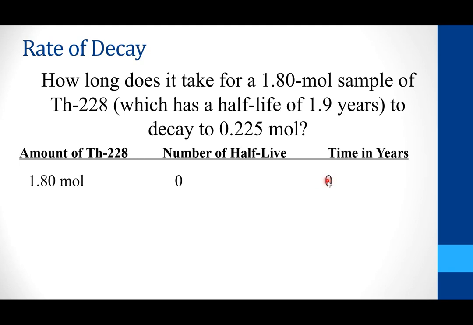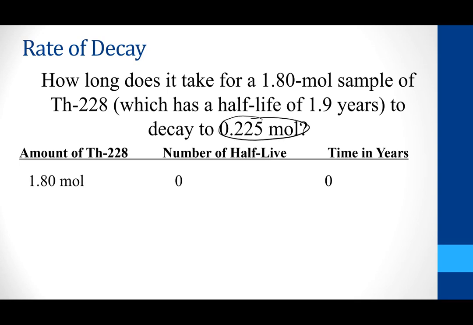So the biggest mistake I see is people start with number 1 here. Like, oh, after 1 half-life, and that's incorrect. So this is how much we had at time 0 before any time has elapsed. Okay. So then we're just going to start working through this problem until we get to the